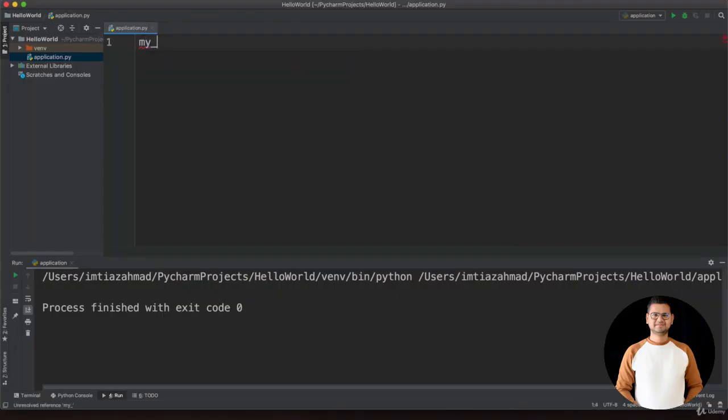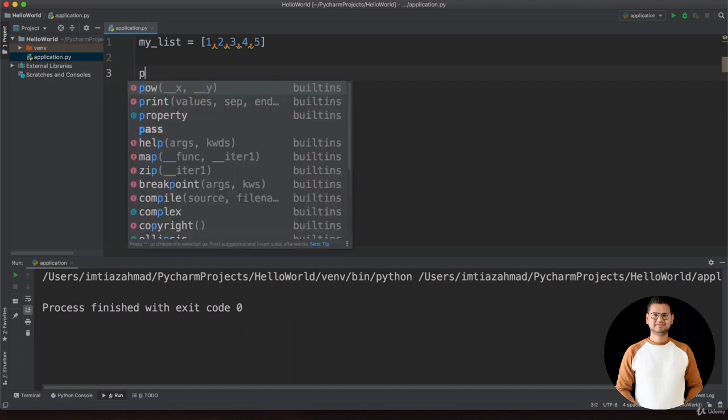I'm going to define a variable called myList, and I'll assign it a set of values. Now the syntax here is you need to use open and close square brackets. And inside of these square brackets, we specify the items that we want to put into the list. And so let's do 1, 2, 3, 4, 5. Okay. So now I can print the contents of this list